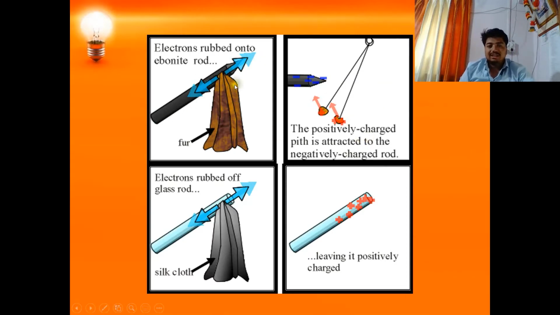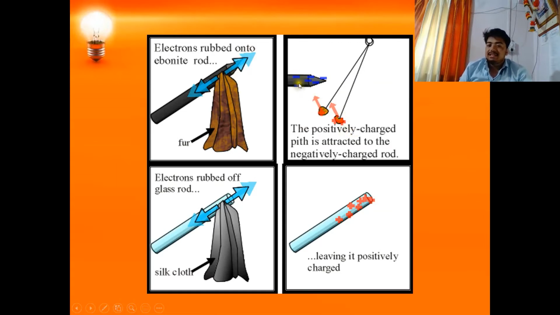Let's take an ebonite rod and rub it on fur. Generally, ebonite and fur are both in their stable states, that is, they have net charge 0. Net positive charge is equal to net negative charge, hence total charge is 0. Now, when I rub them together, due to conduction of charges, ebonite gets net negative charge. That is, more electrons from the fur get attracted towards the ebonite, and fur gets net positive charge and the ebonite rod gets net negative charge.